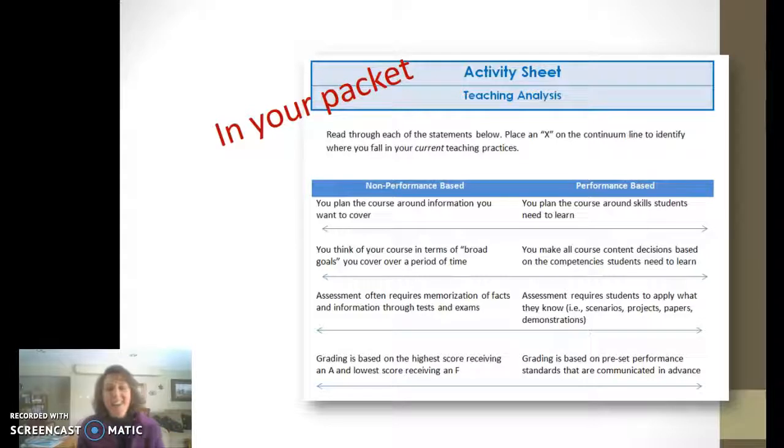All right, here we are. This slide says in your packet, but we're not face-to-face. So take a look in your Blackboard site and find the teaching analysis sheet. You're going to fill this out. You can be honest about your evaluation, no judgment. Fill this out, submit it to Blackboard, and